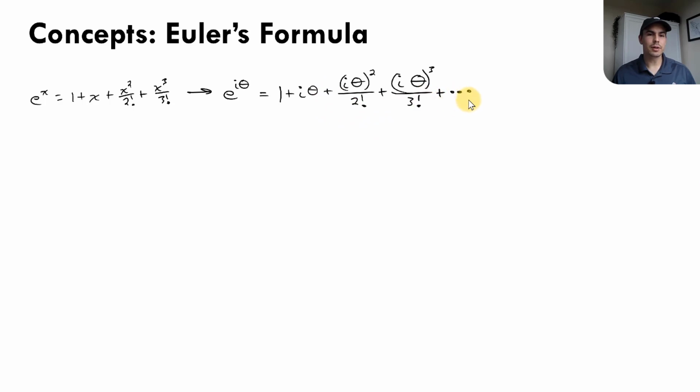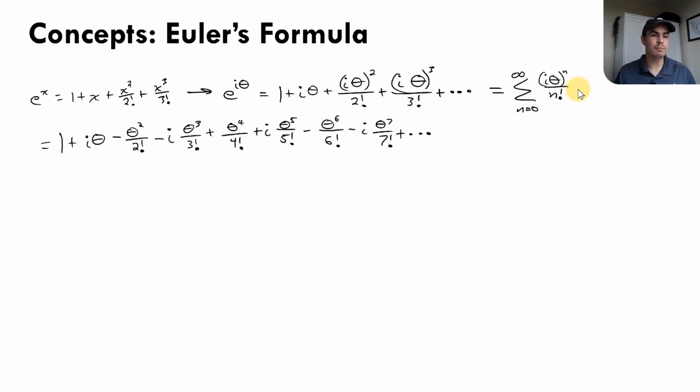And really this is the expanded series of the sum from n equals 0 to infinity of i theta raised to the n over n factorial. Okay, so I've just expanded this out. Now if I expand this out even more and start to simplify, we start to see some patterns, because every time I have i squared, that gives me a -1, right? So you start to see this pattern coming up where I have a real term